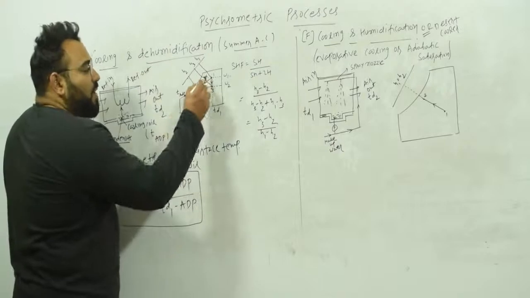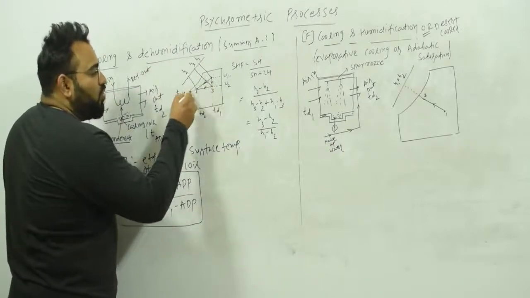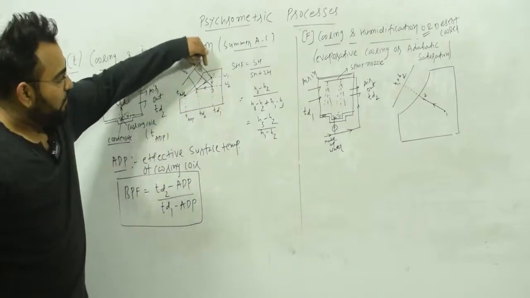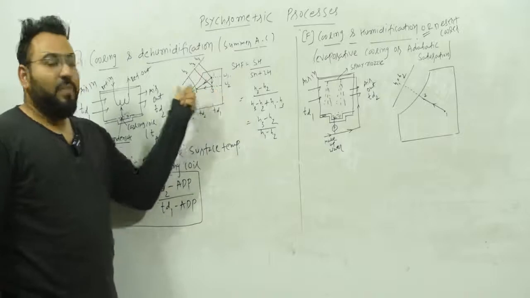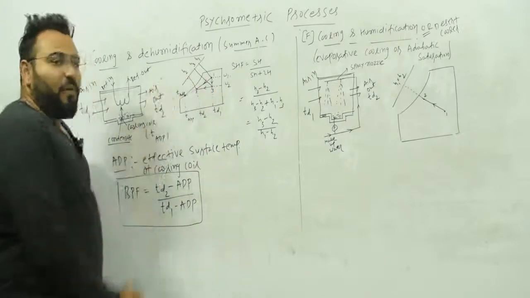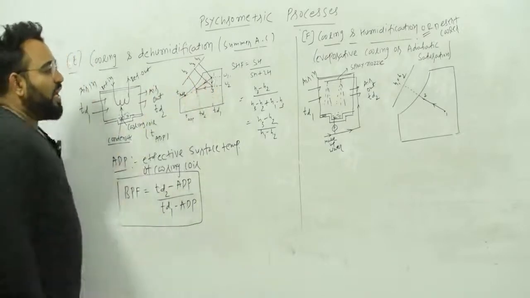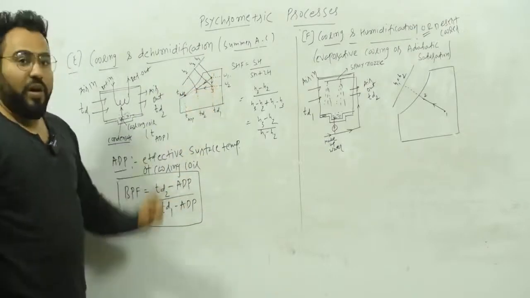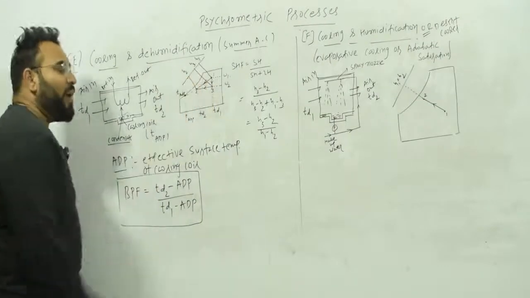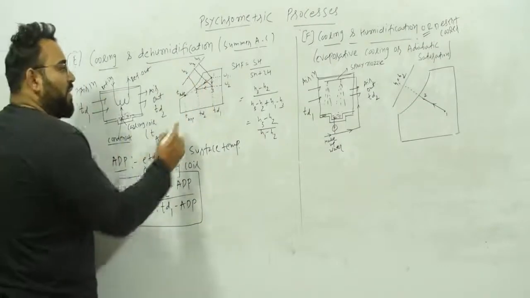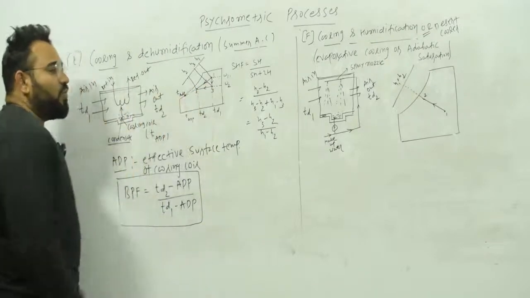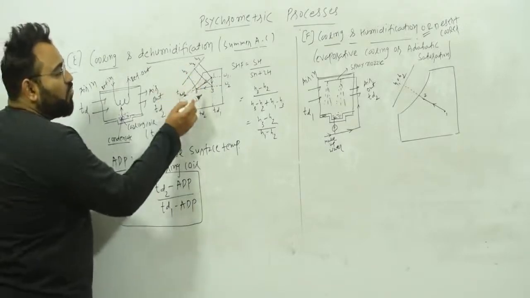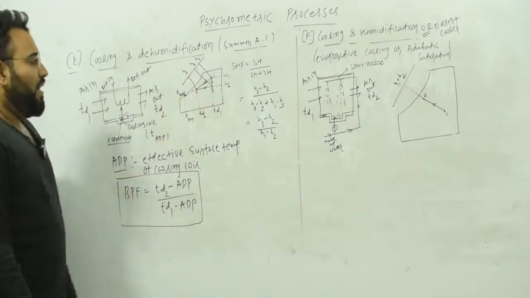Other thing, if the process does not want to follow this path 1 to 2, then it can follow the other path, 1 to 3 and then 3 to 2. So 1 to 3 means first dehumidification, and from 3 to 2 it will be cooling. So the path doesn't matter, only the endpoint matters. Here you can show the process by 1 to 2, or by 1 to 3 and 3 to 2. I have shown the two paths for your explanation. If your first point is 1 here, then the endpoint 2 must be over here, and only then it will be cooling and dehumidification. Here you can see enthalpy H1, this is enthalpy H3 and this is enthalpy H2.